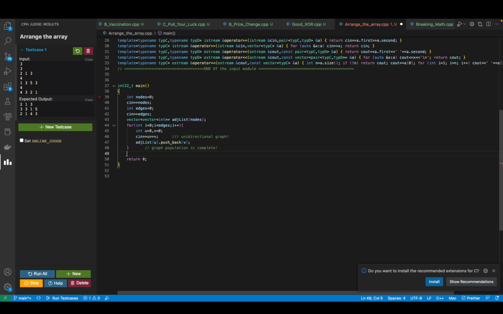Now let's look at how we take a queue. Taking a queue is pretty simple. You just take a queue like this, and you can push the root element. Now I'm assuming that the root element over here is 0. And then we'll start our traversal. So while not q dot empty,